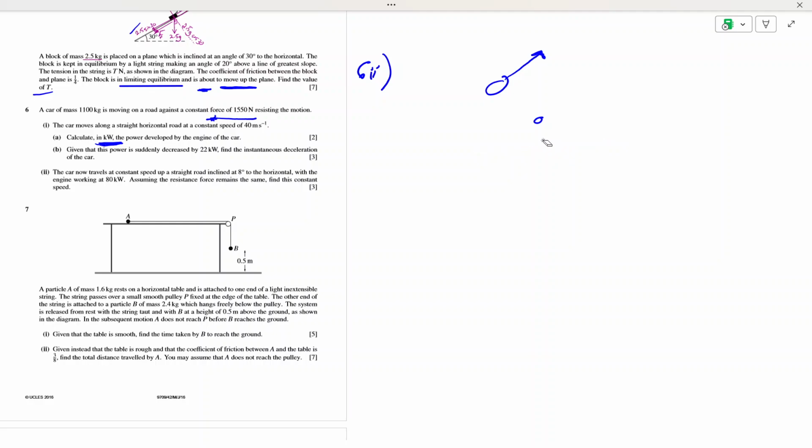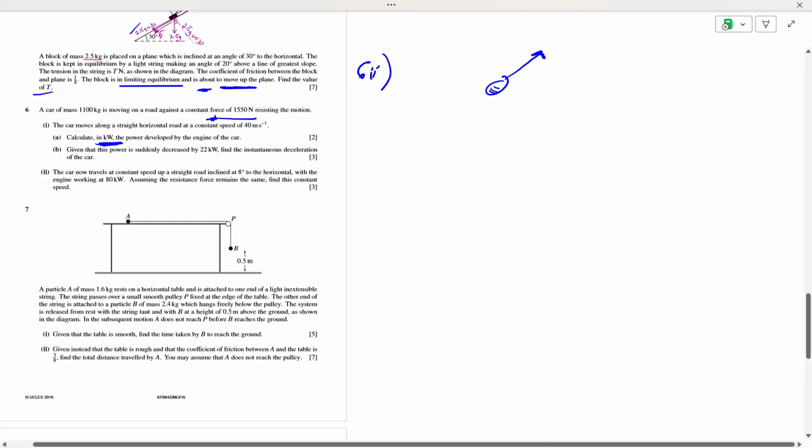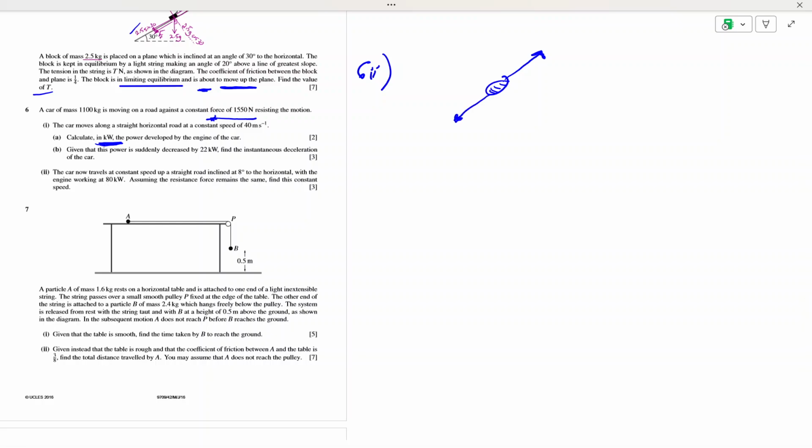Okay, but I just don't want to show these lines because it makes the work tedious. Just know that it's now at 8 degrees. So since it's acting at 8 degrees, we know that we still have our constant resistance force of 1550 newtons. And then we have the weight component now acting downwards. Remember, we just did it in the previous question. Weight component, which is going to be